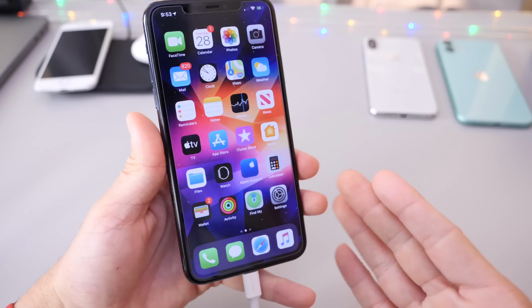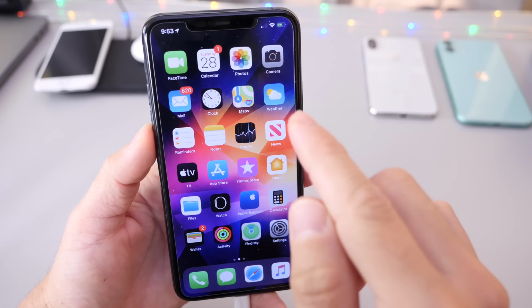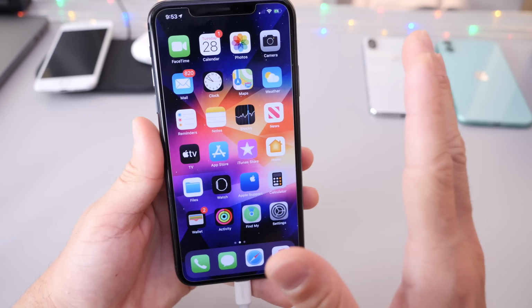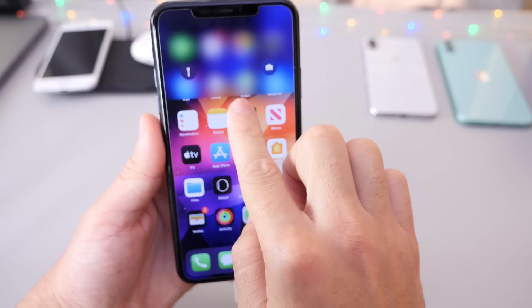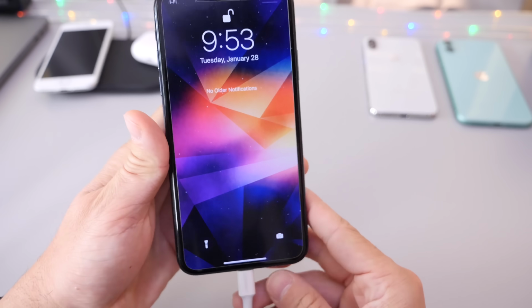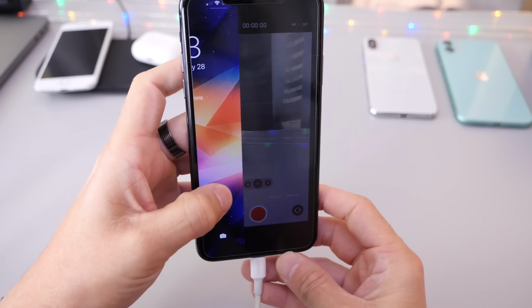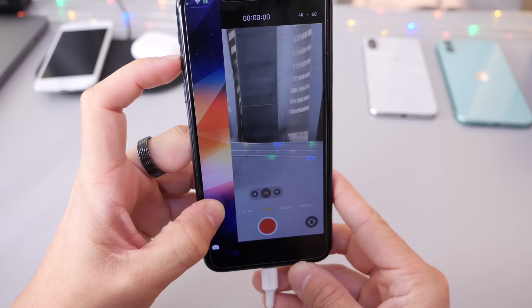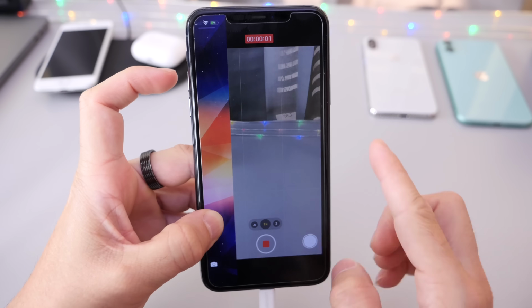So for the second one, I want to show you how you can record video on the iPhone. Two methods to record video on your iPhone secretly. So you want to head on over to the cover sheet right here. Then you want to head on over to the left and hold right here on the screen and tap on the volume up right here. This will start capturing video as you can see there.